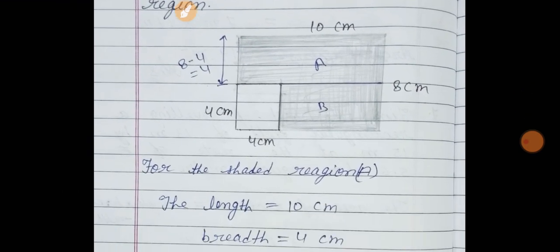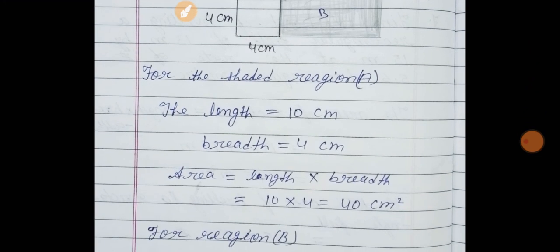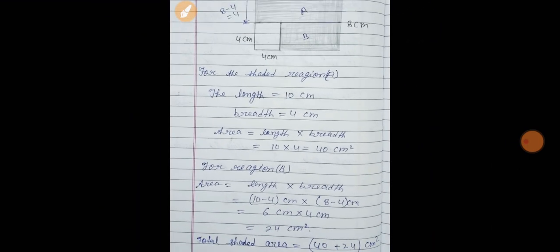Question number 8. Find the area of the shaded region. Dear students, you have to find out the area of the shaded region. So there are two methods. First method, you can find out the area of the whole figure. Then after that we can subtract the area of the unshaded part of this rectangle. Okay, but here I have given in a different way. If you want, then you can see it. It is very simple for you, my dear.